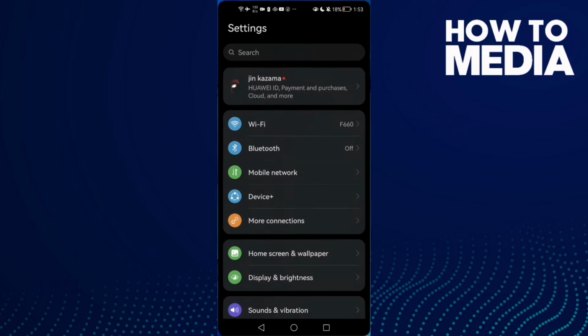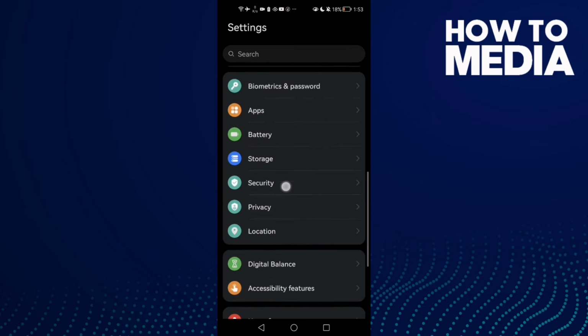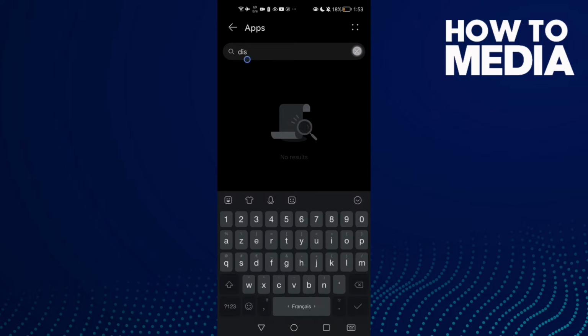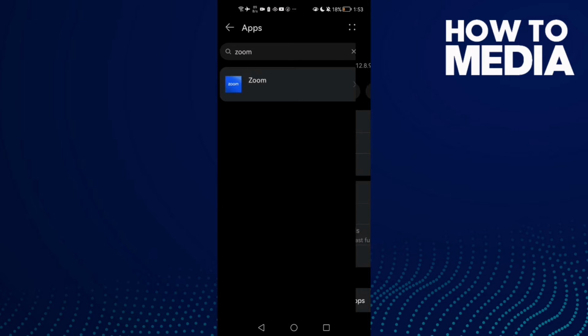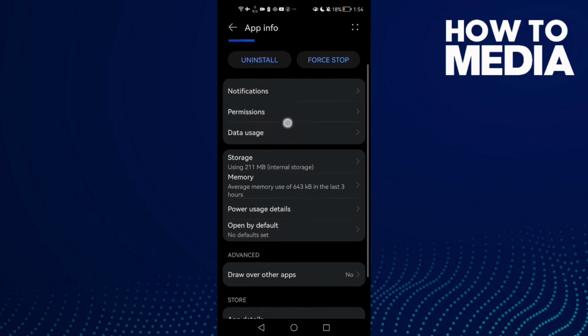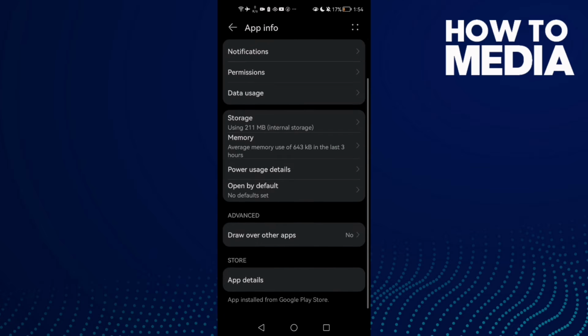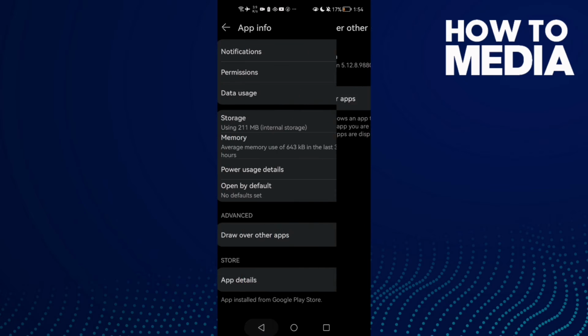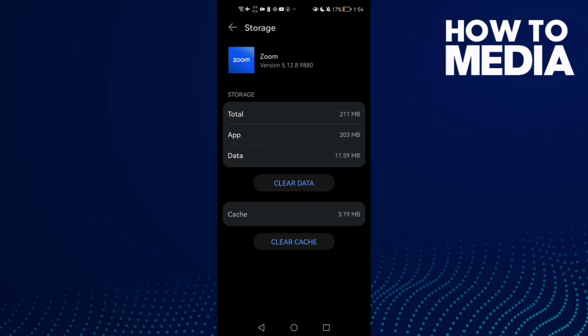First open settings and now scroll down until you find here apps and then click apps again, and here just type Zoom and then click on it. And as you see here you will find Zoom application settings, and now just open this one here, disable this one, make sure that it's disabled, and then just go to storage and